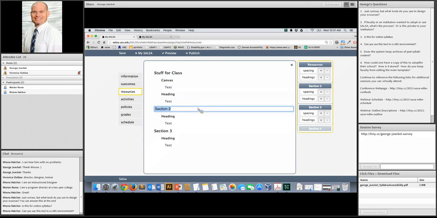But as you're adding these different headings in, so let's say the first thing you need is Canvas, and you give a little description of it. As I add in a heading, again, this is always going to be a heading 3. This is always going to be a heading 3. And that's actually the level that we go to right now, is that third level heading.